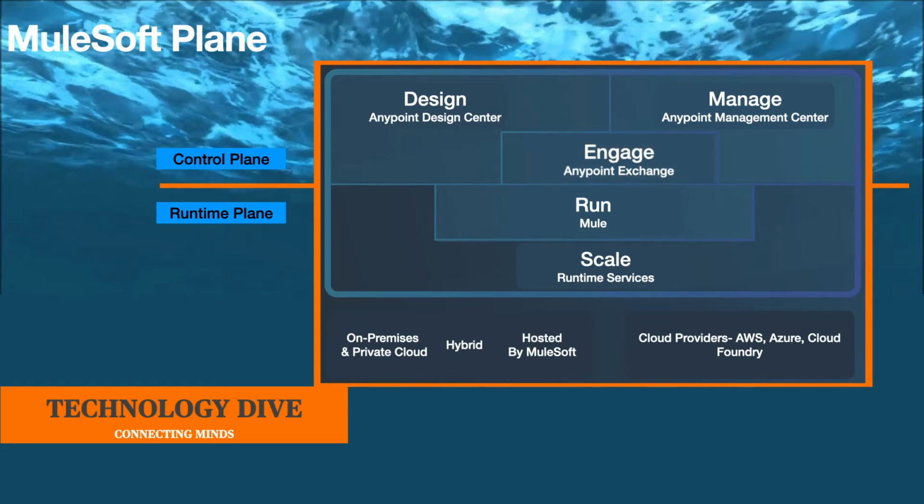Anypoint runtime plane is where applications are deployed and also where the Mule runtime engine and other application-related services such as Anypoint connectors run. The runtime engine includes Anypoint security edge policies and tokenization, MQ, object store, and connectors. To deploy your applications and APIs via the runtime plane, there are three options: CloudHub, Anypoint Runtime Fabric, or on-premise Mule runtime. MuleSoft also offers one-click scalability and automatic updates.